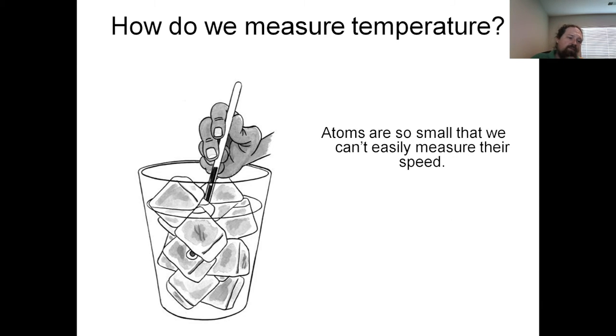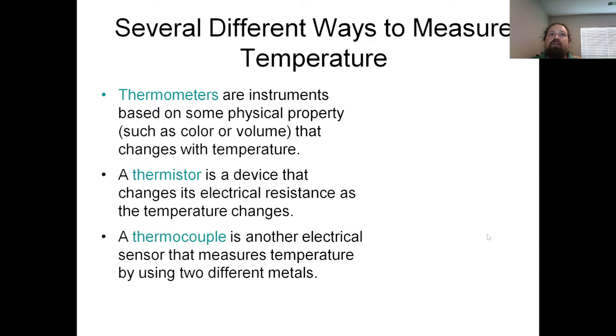Considering that formula, we don't really have a good way to determine the exact kinetic energy of single atoms. So to create our temperature scales and to actually measure temperature, humans had to get creative and create other scales, other processes through which to actually measure it. And there's 3 common machines that we use to determine temperature over the years. Thermometer is the one you hear about most often. Usually it's got some liquid in it that you can see increase and decrease in size as it changes temperature. Thermometer is just the classic means that we use to determine